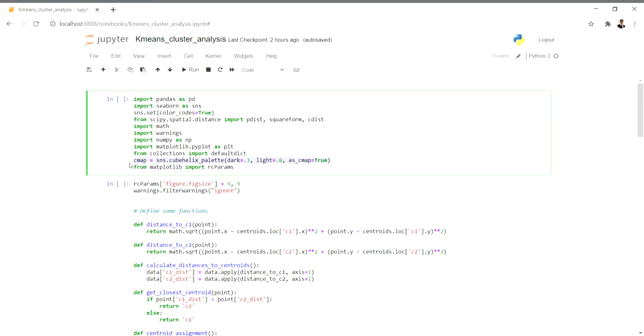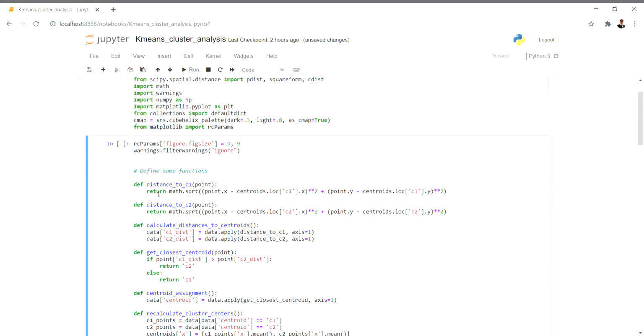This is a new thing that we have encountered. And from matplotlib, we are importing the rcParams for the figure size. I'll just run this. Now I'm suppressing the warnings. Figure size, I'm keeping it as 9 cross 9.